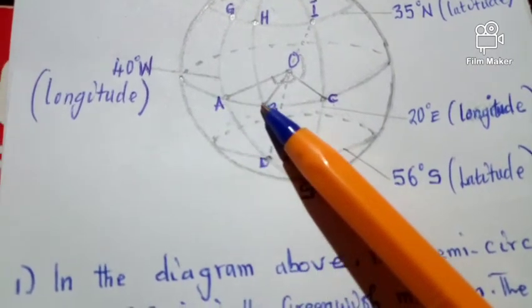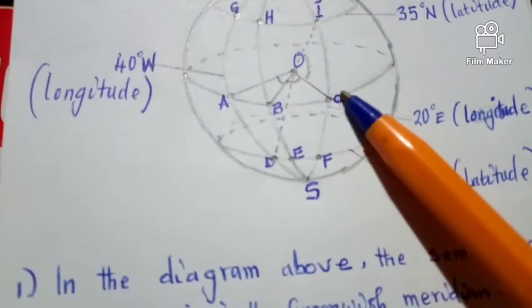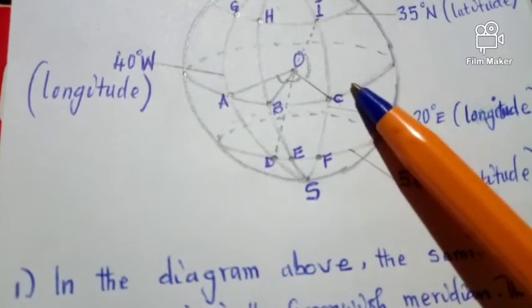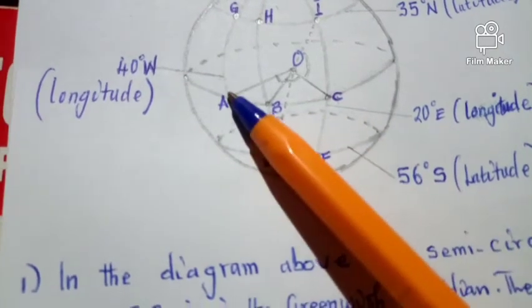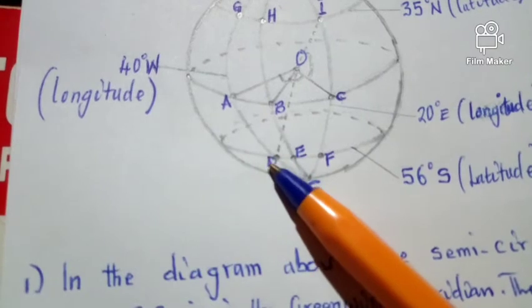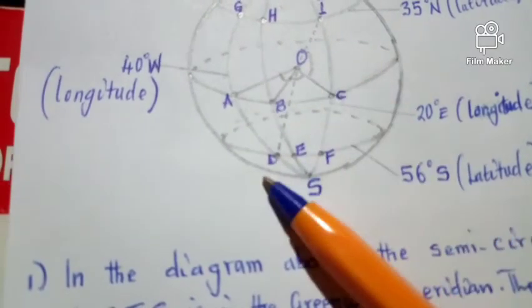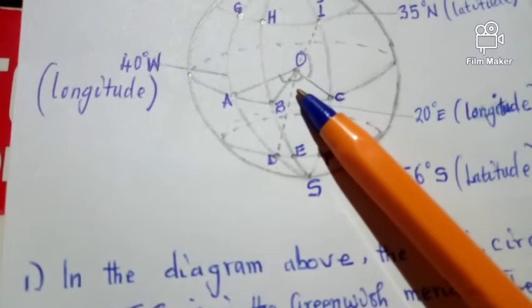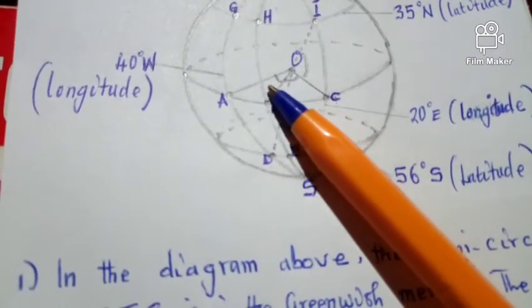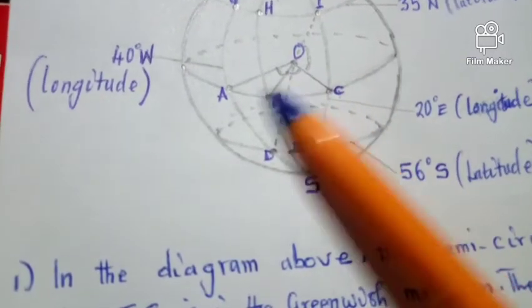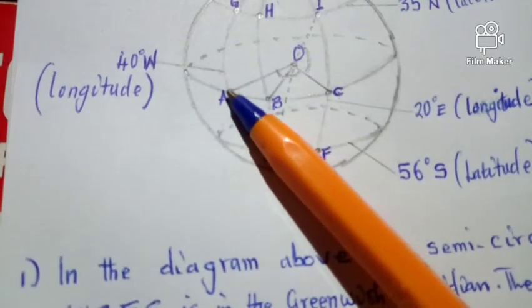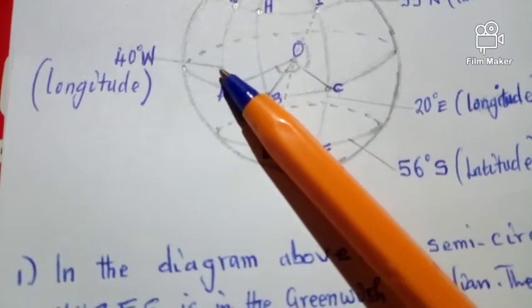You are no longer finding the angle in the same line of latitude. You're finding angles now in the line of what? Longitude, which is AD. So AOD, which is this angle here. Now what happens here when you're finding this angle? It means since they lie in the same what? Longitude, which is